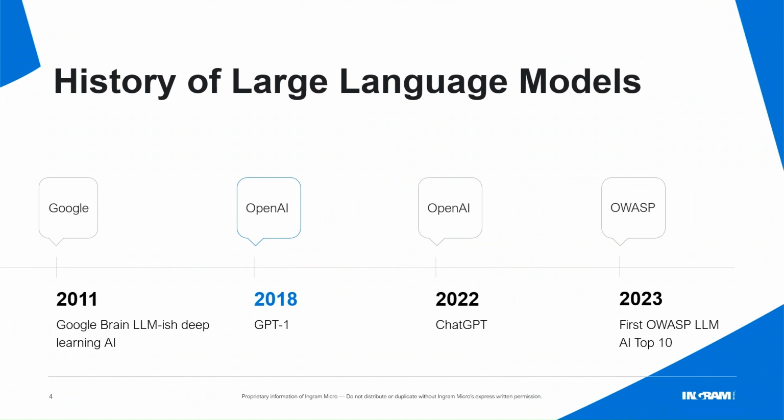But then in 2022, as we're getting into GPT-3 and beyond, they make something called ChatGPT, which is a chatbot that leverages the generative pre-trained transformer, the GPT part of ChatGPT. That's when that burst onto the scene, and of course, generative AI has been super hot since then. And then in 2023, in response to that, OWASP said we need to put together some kind of security framework for this. So we are going to put together the LLM application top 10.